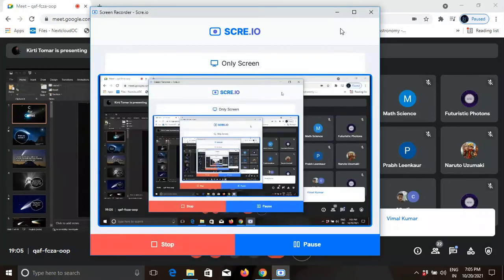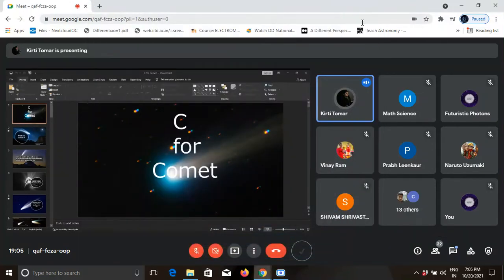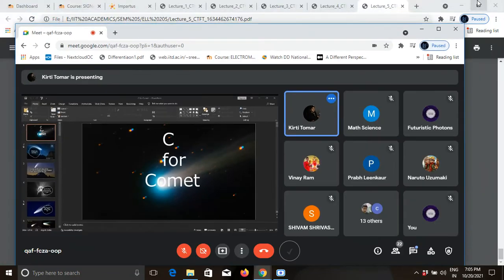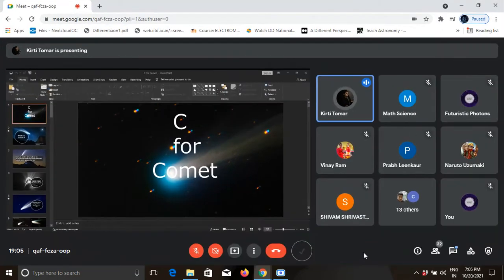Okay, so let's start. What are comets? So all of you already know about comets, right? Comets are basically dusty snowballs which orbit around the sun. And they are made of ices such as water, carbon dioxide, ammonia, and methane mixed with dust. The term comet derived from the Greek word comet, which means the long-haired star, a reference to the tail.